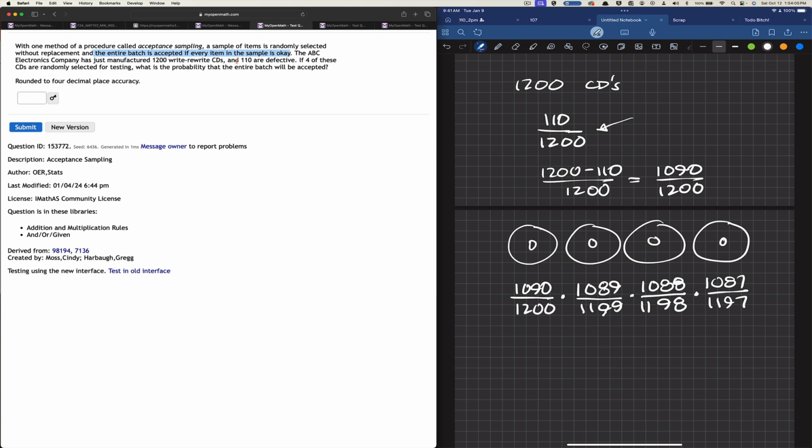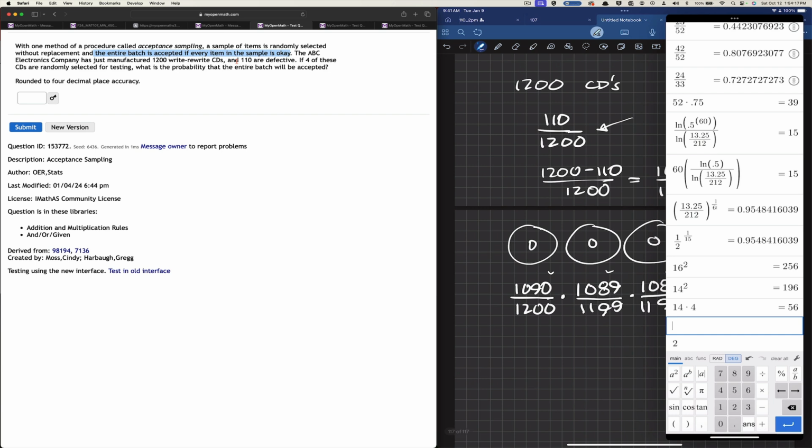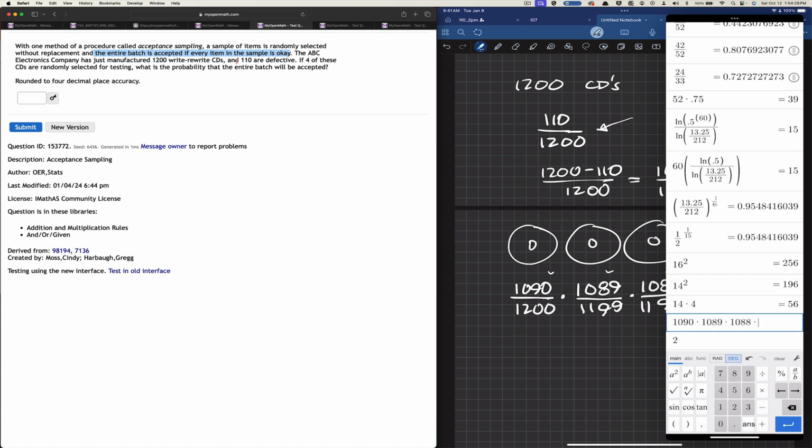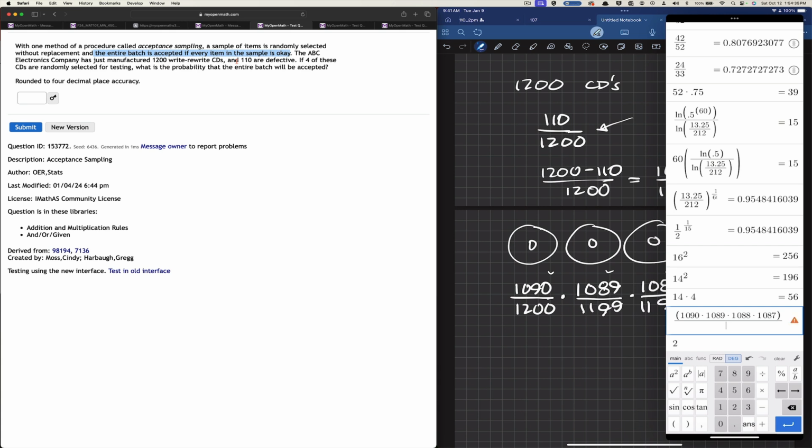So to find the probability of getting 4 good ones such that our batch will get accepted, we have to multiply those 4 numbers together. Okay? So this is going to be a little hard to see. But 1090 times 1089 times 1088 times 1087, all of that divided by 1,200 times 1199 times 1198. I'm saying times, but notice it's in the denominator. So I'm dividing by those,